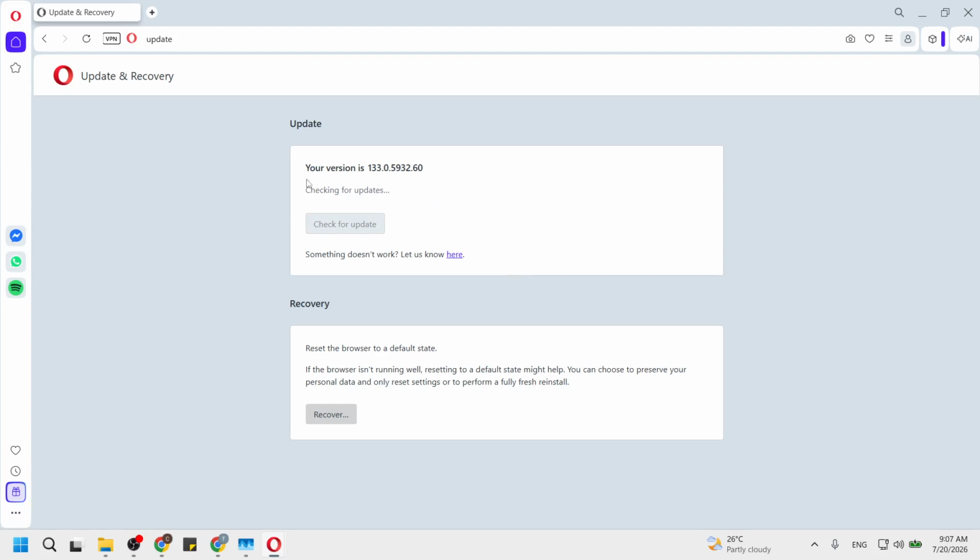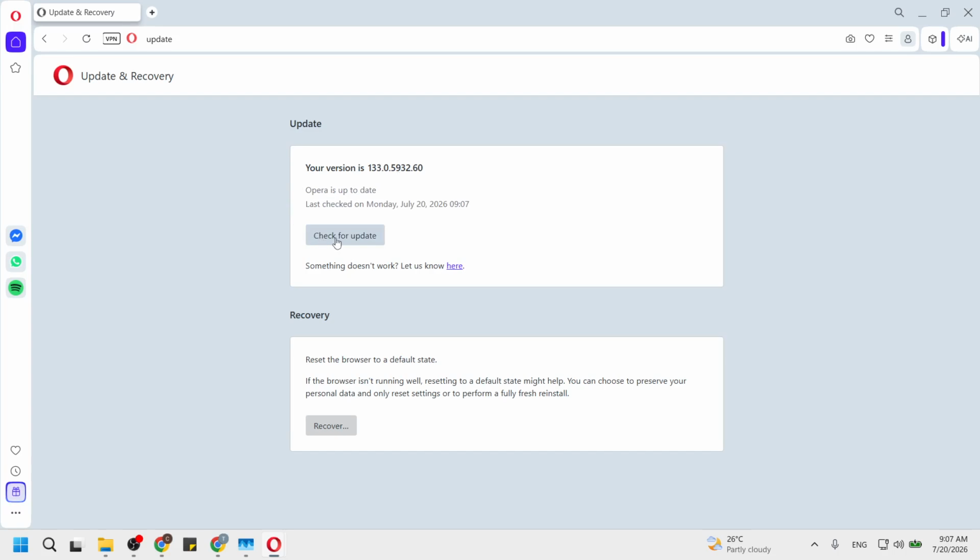After that, wait for the system to scan and click Update/Relaunch now if an update is found. This is the moment you have been waiting for. If an update is available, you will receive a prompt to install it. Clicking this button initiates the update process, which may take a few moments as the browser downloads and installs the latest version. This step is crucial because it ensures that your browser benefits from the latest features and security measures. Once completed, you will see a confirmation and your browser will relaunch automatically, ready for use.